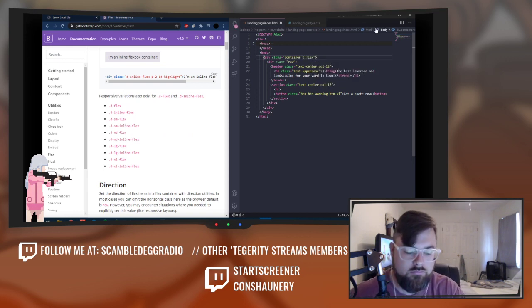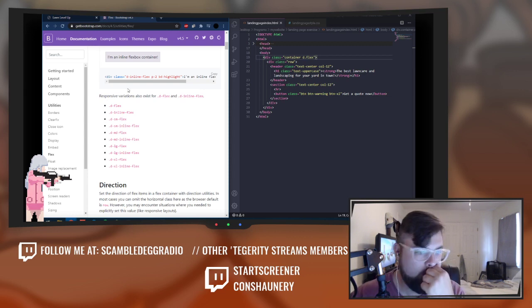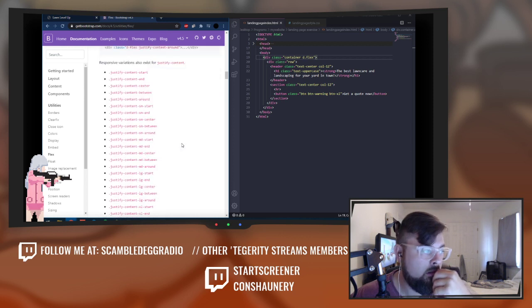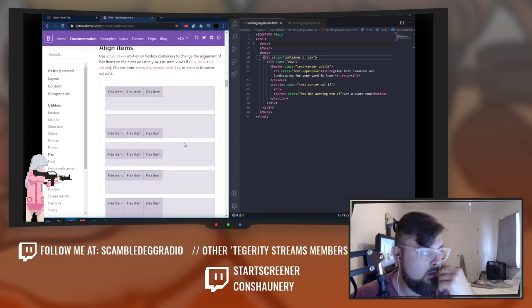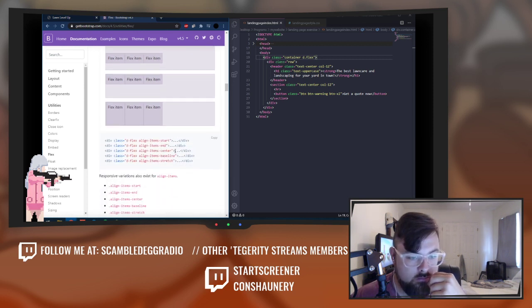because we've just enabled Flexbox. But now we want to make sure that we can place things vertically in the center. And this, if we scroll down, is what we want right here. Align items. If we look over here, it's align-items-center. So if I copy this and we add align-items-center, if I refresh,